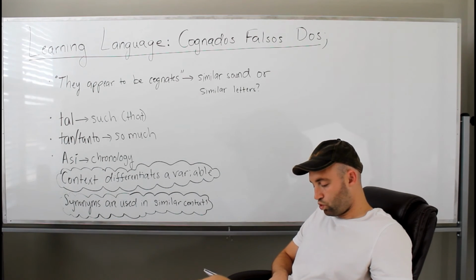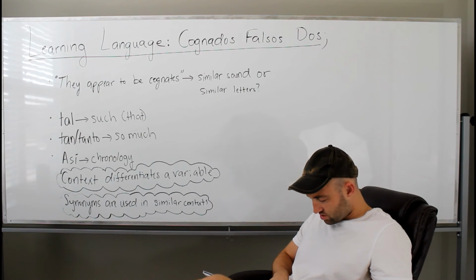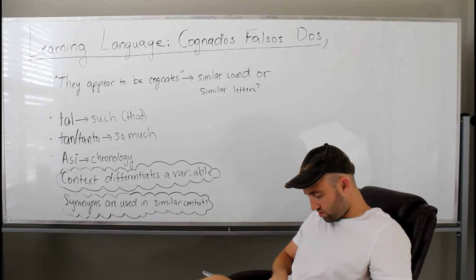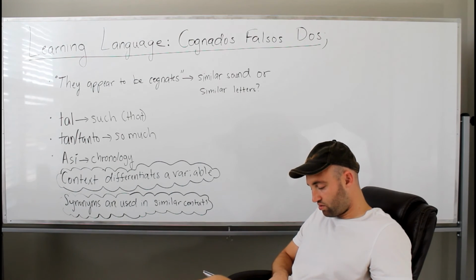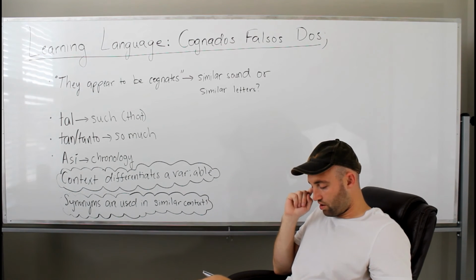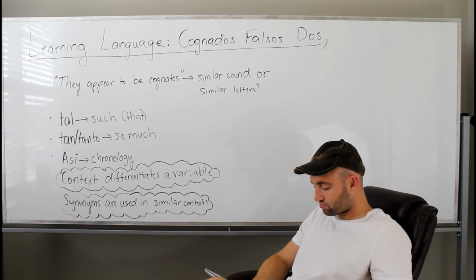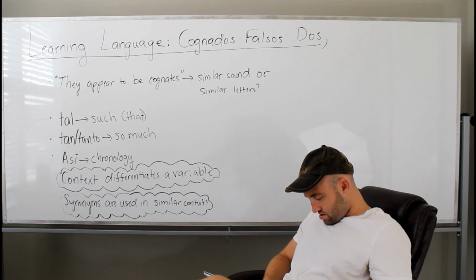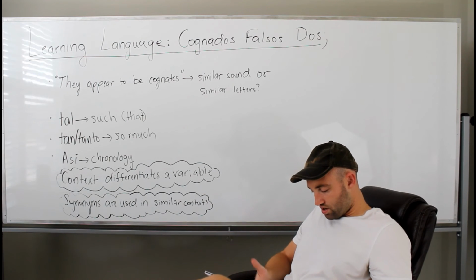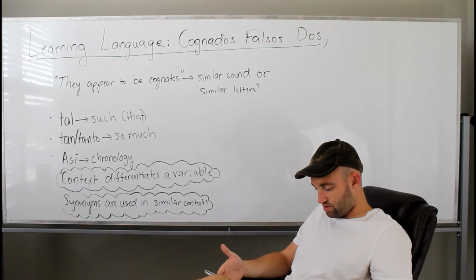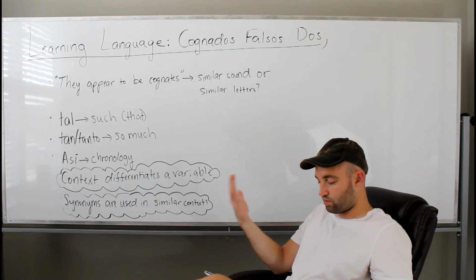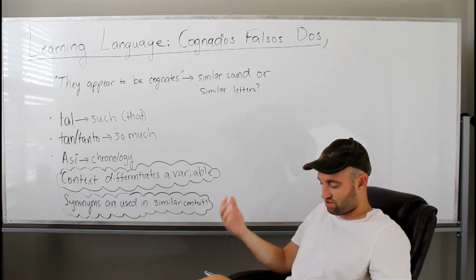Vergüenza, shame. I might have written that down wrong. The Spanish cognate for humiliation, humillación. I think I'm missing a vowel. I think I just spelled it wrong on my paper. But humiliation is the context for shame for vergüenza, and desgracia is just more general, again, not as emotionally charged.